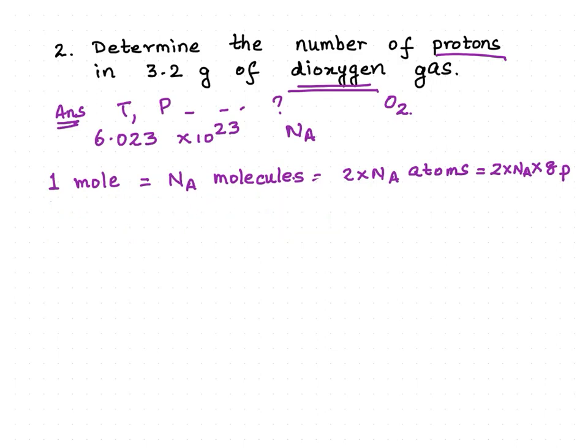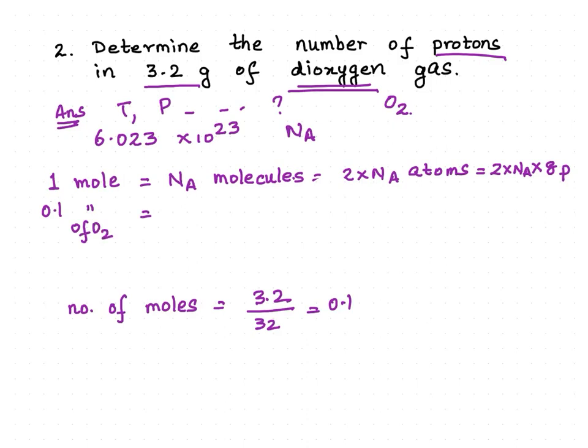Now what do you have to see over here? How many moles of dioxygen are there in 3.2 grams of dioxygen? Yes, absolutely, first we'll find out the number of moles of dioxygen. That will be the mass divided by the molar mass, which will be 32. So you have 0.1 moles. Go ahead, now it's plain unitary method. So 0.1 mole of O2 would be how many molecules? Correct, 0.1 into the Avogadro number of molecules.